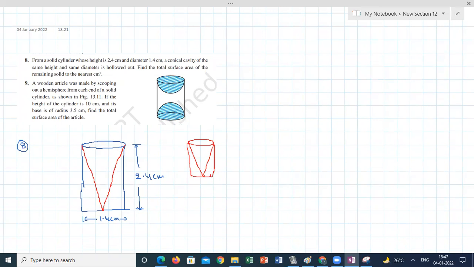I can see some surface inside this. I can see some more surface which is in the shape of a cone, but outside it is in the shape of a cylinder without top. He is asking what is the total surface area of the remaining solid. So the total surface area of the remaining solid